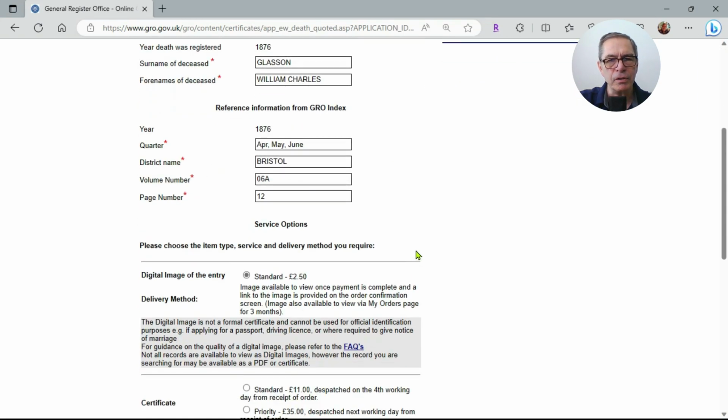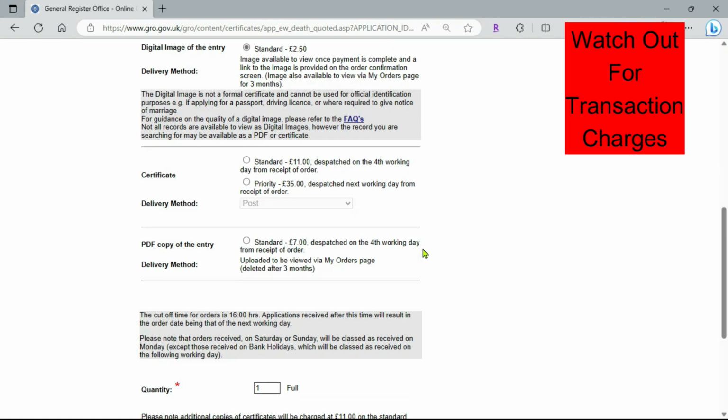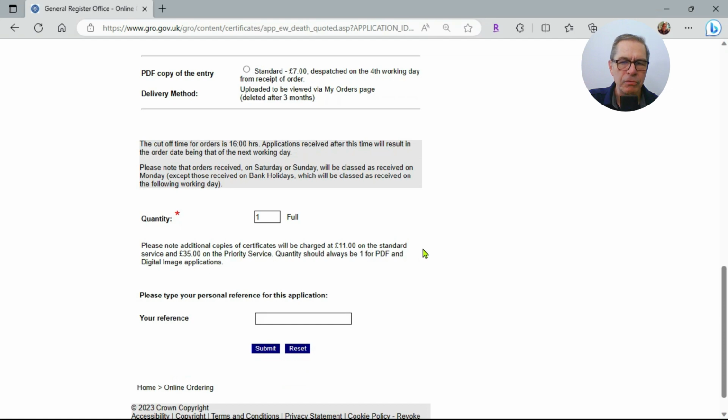Once I've selected digital, I'm taken to another screen. And again, it outlines the different choices I have and goes through the GRO information. And this is where I make my final order. Now I can again order a certificate, which at this stage is £11, a PDF, which is £7, or the digital, which is £2.50. Do remember that if you live outside of the UK, to keep an eye on those international transaction charges. You don't want to be paying a $5 international transaction charge on your credit card for essentially